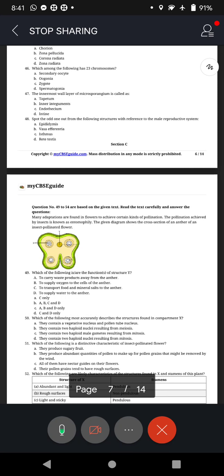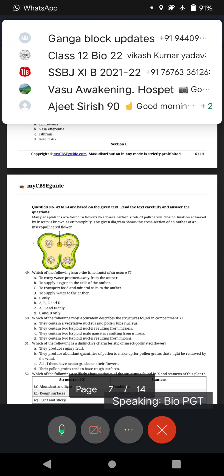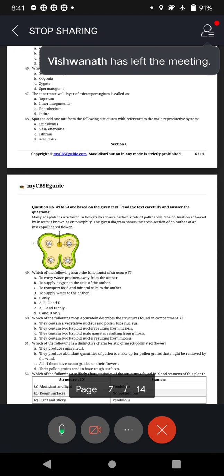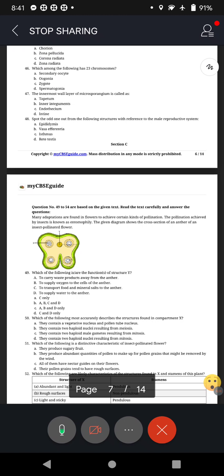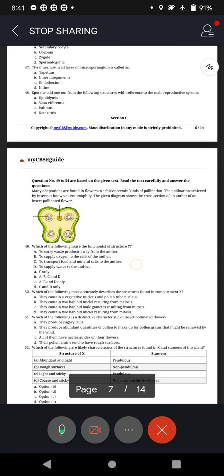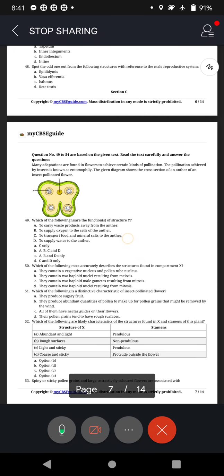Good morning, boys. Once again, in this session, we go straight away to section C of the model question paper 2. As I have been telling you, this model paper makes us familiar with the pattern of questions, and it also helps us to understand from which concept or topic of the chapter maximum questions will be asked, and what the pattern will be.